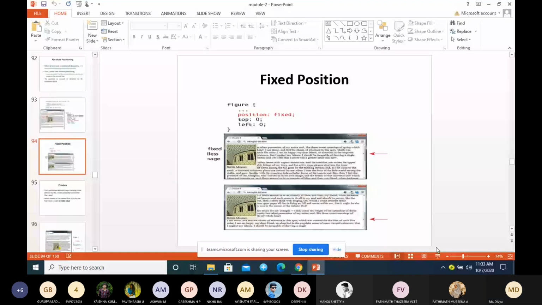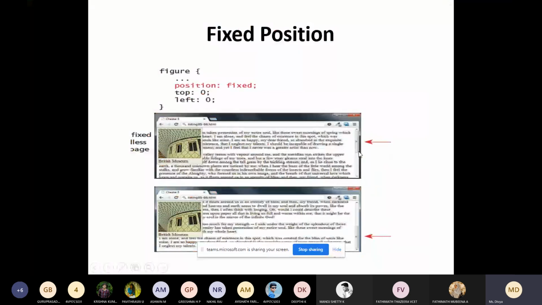When you move the scroll bar, you can see here in the image that there is a scroll bar. When you move the scroll bar down, still that image is fixed. If you have a lengthy paragraph and I want to make this image fixed while you are scrolling, it is like your fixed background. We had background repeat X, repeat Y, fixed and all, right.